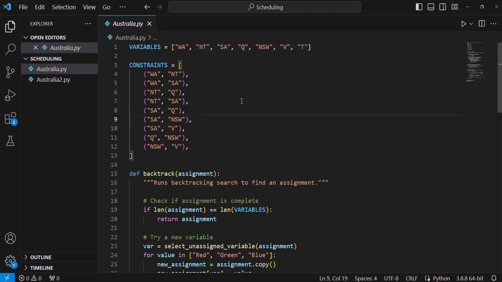And then the constraints I also define as a list. The only thing here is each element in the list is a tuple. So WA NT as a tuple means WA should not be equal to NT. Western Australia should not be equal to Northern Territory because they are bordering each other, and so on. These are the binary constraints in that program. So I define my variables, I define my constraints,